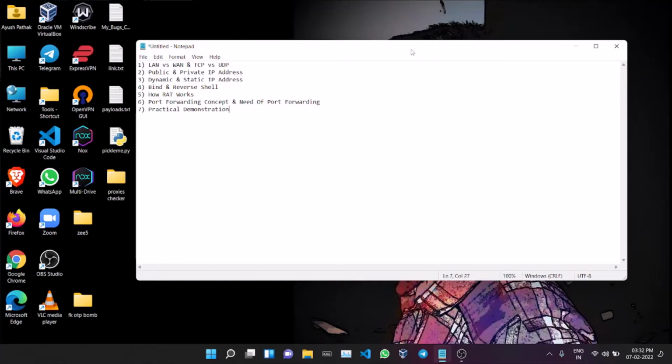Let's talk about bind and reverse shell and why we need them. You must have heard about the word reverse shell, but may not have heard about bind shell. Imagine we have two devices, A and B, or we can say we have an attacker and a victim, and the attacker wants to hack the victim. So he has two options. The first option is that he sends a payload. I will talk about payload later. Imagine he sends a virus to the victim.